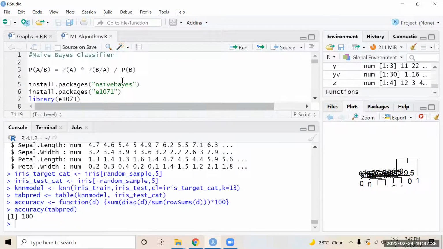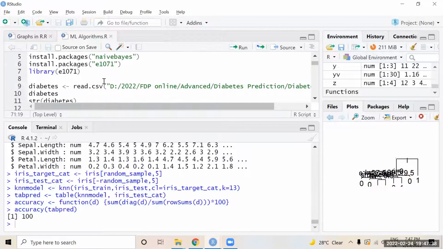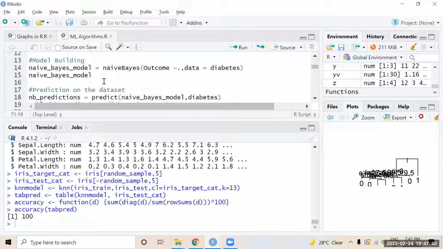So naive-based classifier is conditional probability based, and this KNN is purely Euclidean distance based. K-means algorithm is based on centroids of the data set that is under clustering. So you should first understand the concept, algorithm, input and output, how it is calculated, and how the model is built. After that, how we are going to predict, and how to calculate accuracy. Up to this stage, if you have expertise, you can do a lot of things in the R tool with machine learning approaches.